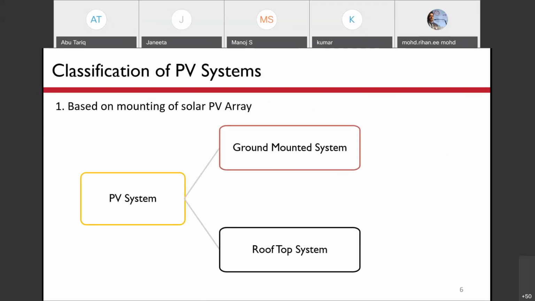And if the panels or modules are on the top of a roof, we call it a rooftop system. Even if it is on the ground in a small locality or near some house, it will also be classified as a rooftop system.